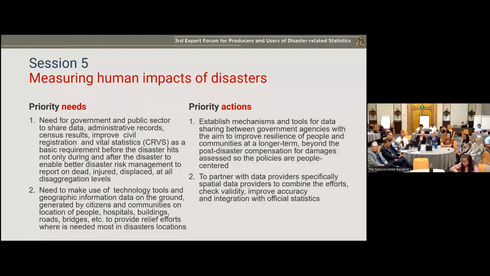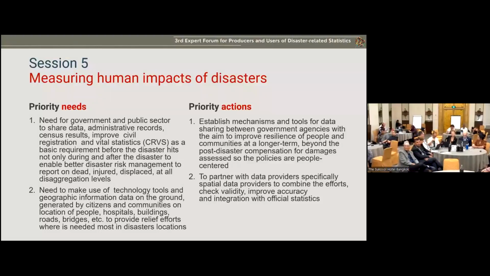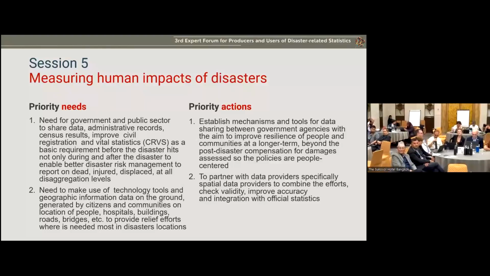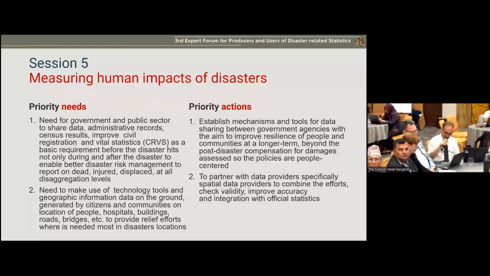The third is the effective use of technology. And for that matter, why it is necessary to have baseline information for the pre-disaster and post-disaster impact to analyze the human impact. And lastly, it's the necessary training for the field teams to select the core and the sub-core indicators that are relevant.